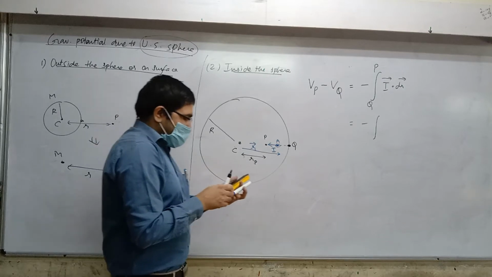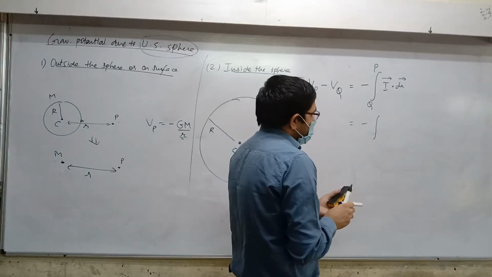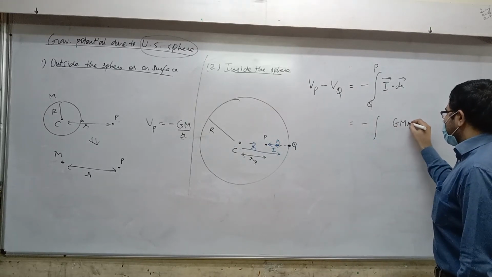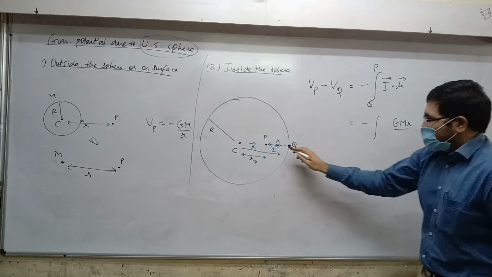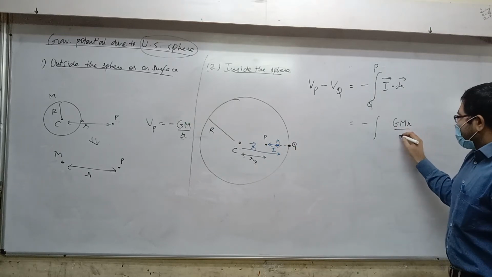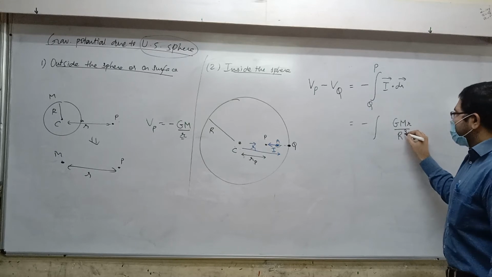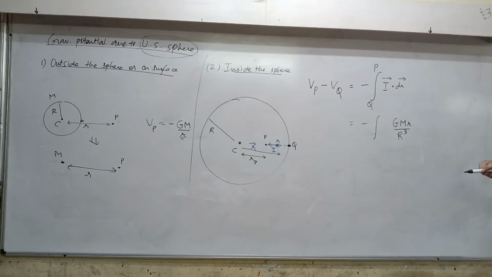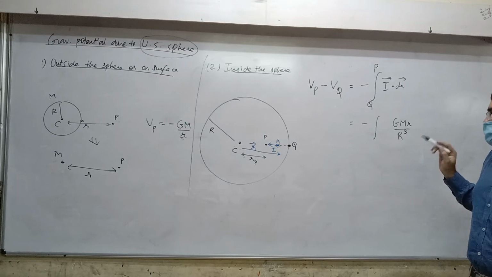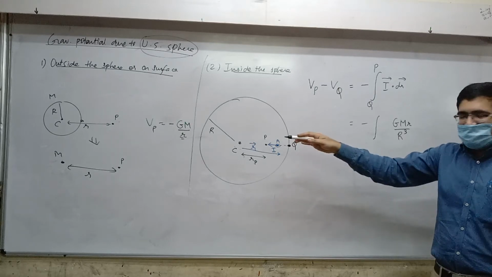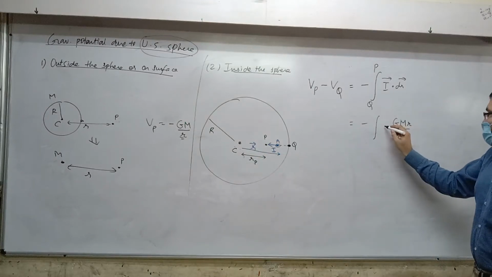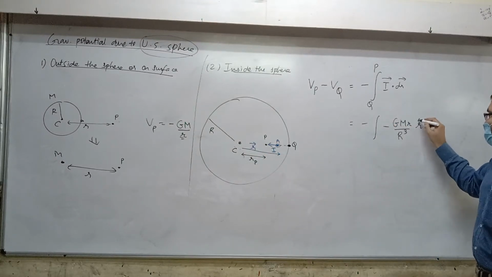So now we are ready to do integration. Gm small r, for distance of this point A, divided by capital R cube is the value of I. Yes or no? Yes. That is the magnitude. Direction is still to be written. What's the direction of I vector? It will be towards the left side. But R vector is towards the right side. So if I want to write its direction, I can write minus R hat. Did you understand?